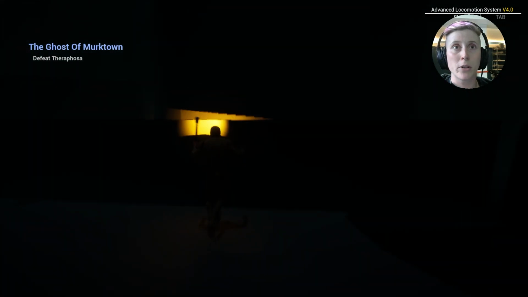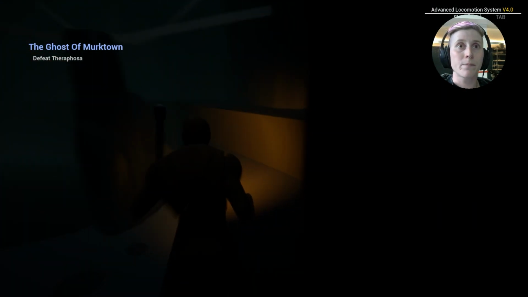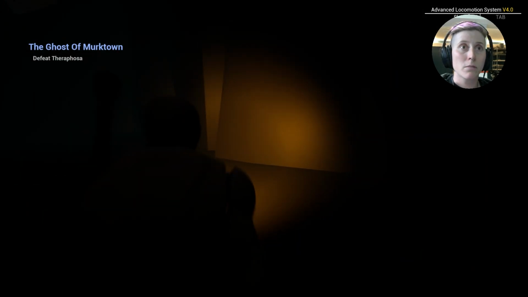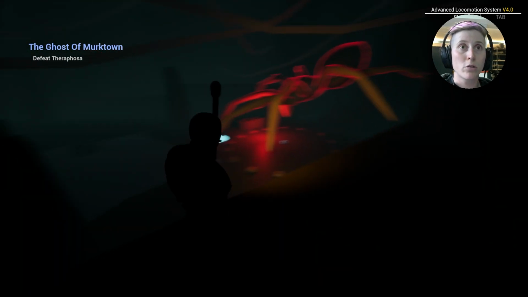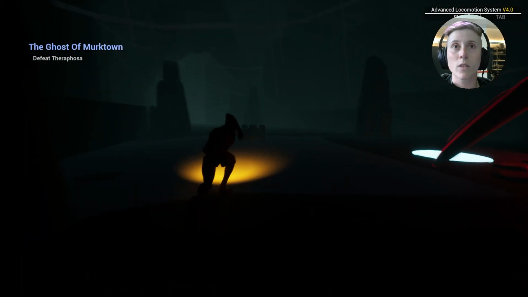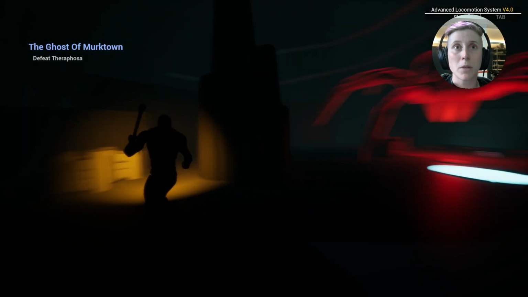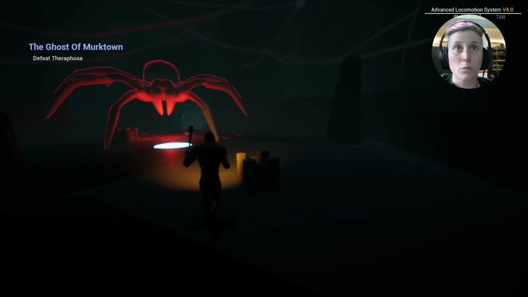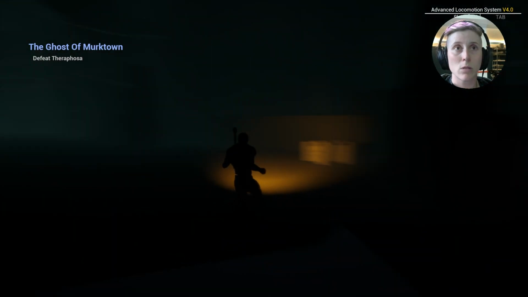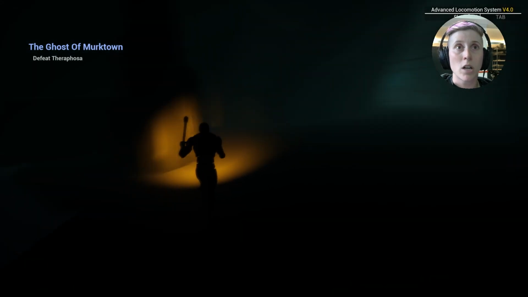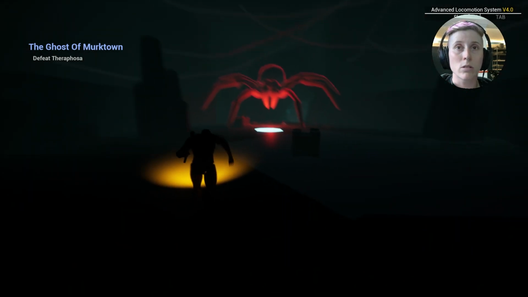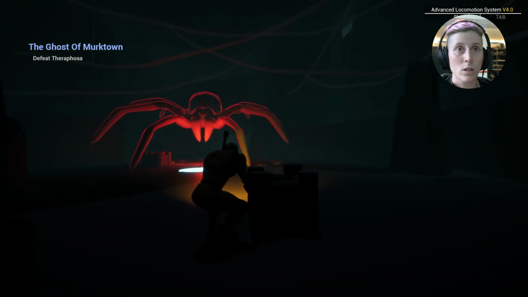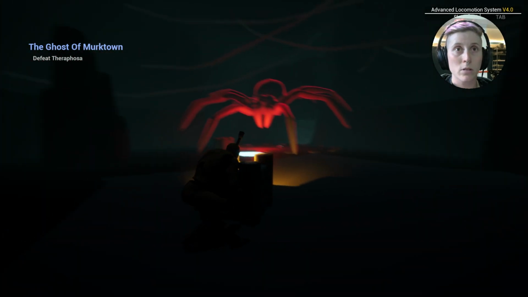So I didn't prototype anything, but you could go here and maybe attack it. Maybe you throw your torch or whatever. This is not something that I have thought through, but I just thought that maybe the spider can throw projectiles or something like that, and you need to hide behind some rocks. And yeah, so this was the idea here. Or maybe you need to just hide behind boxes or something like this.